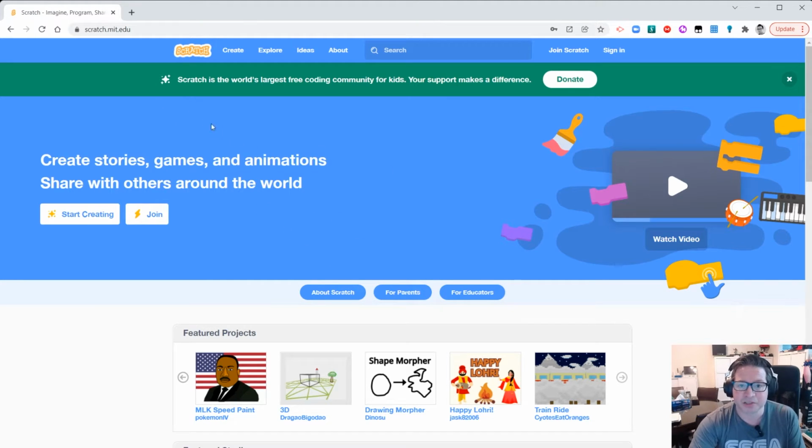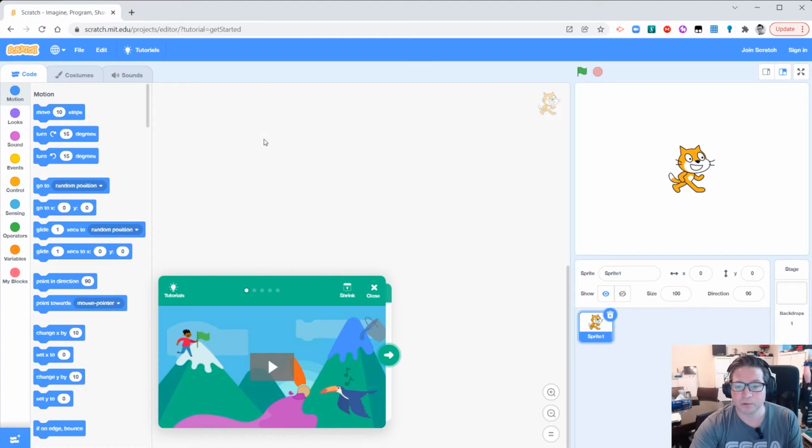When you first come to Scratch, scratch.mit.edu, you'll see this space here. This will work on a computer or a laptop or an iPad as well, so lots of different ways that we can use it. On the main page here, there is a space to sign into an account. We're not going to do that right now. We're just going to click Create at the top, just to have a little bit of a play around with it today. So I'm going to click on Create,